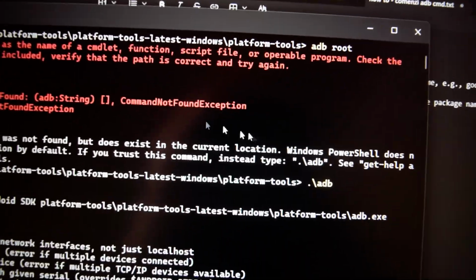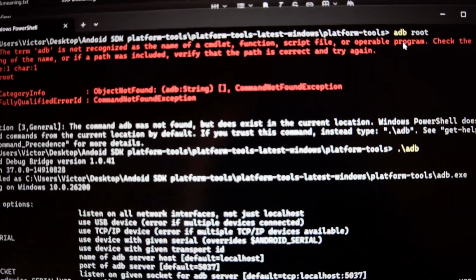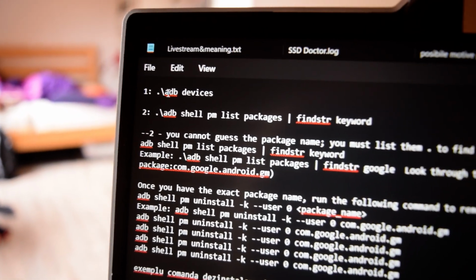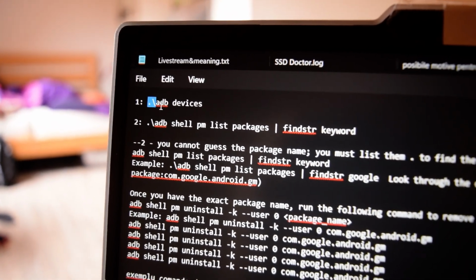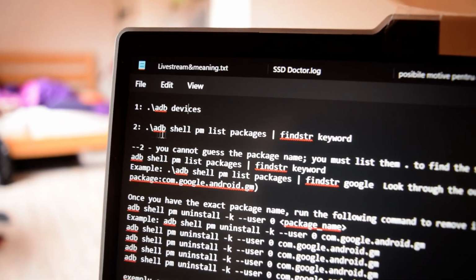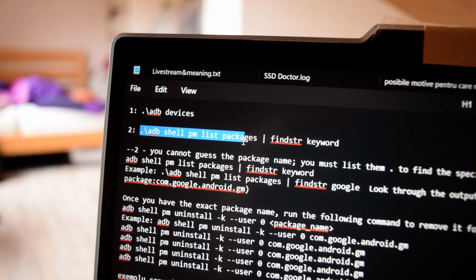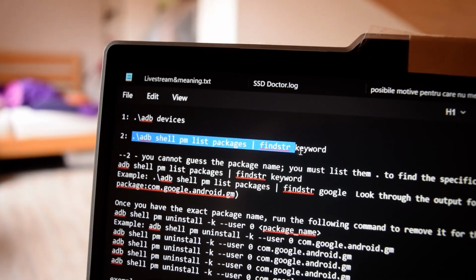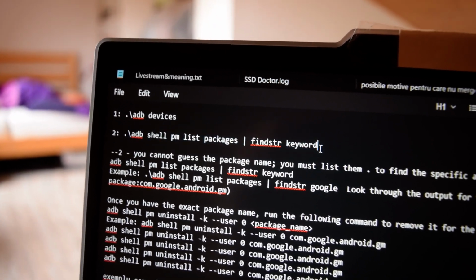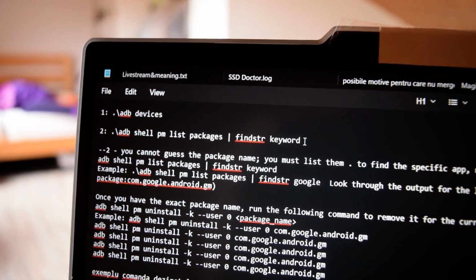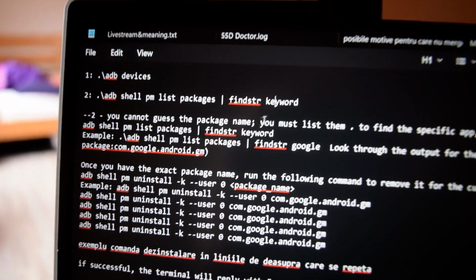And then I tried it, and for all of these commands over here, I used the dot and backward slash before typing ADB devices, ADB shell, because then in order to see which packages you want removed, you want to use this command. Instead of keyword, you use the service you want to find the packages from. For example,